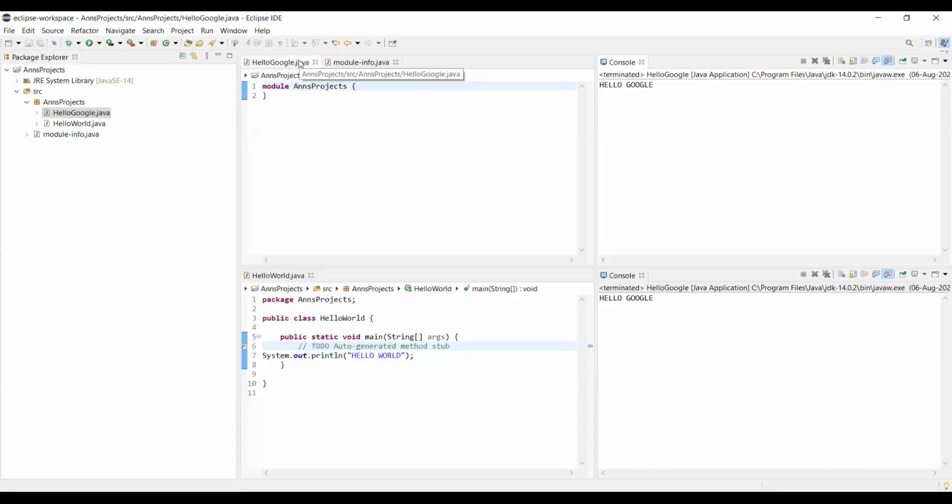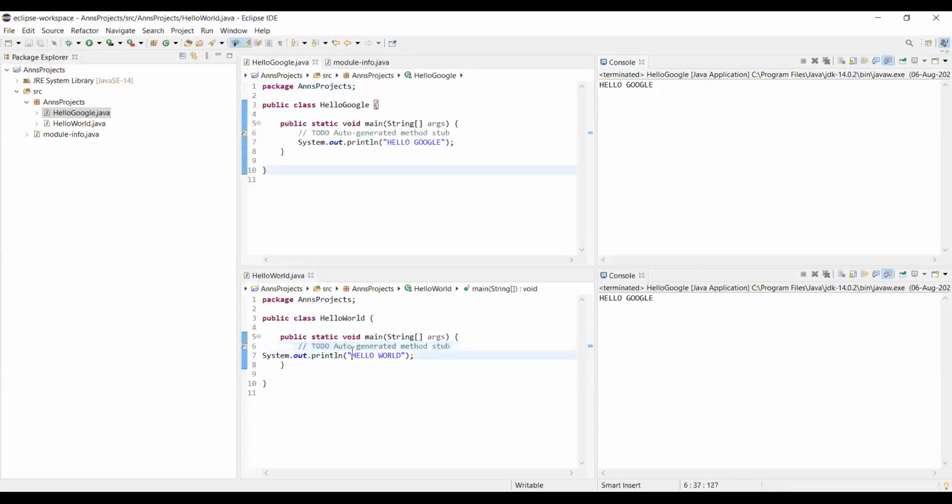So I've dragged it, and now I have two editor screens together with two console screens. See that you are able to get such a structure.